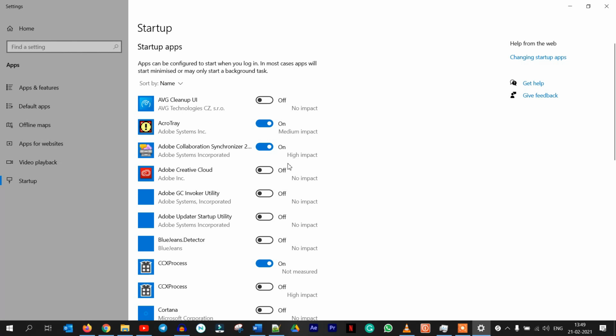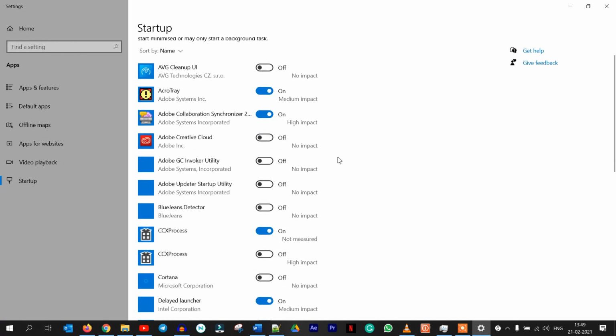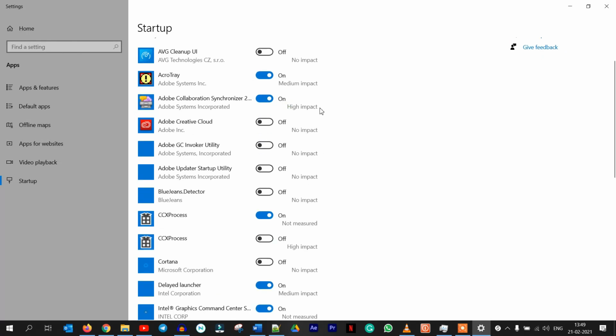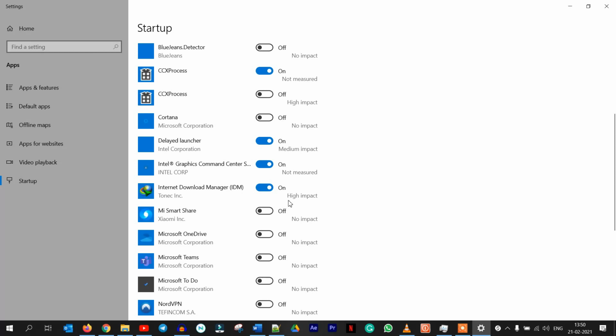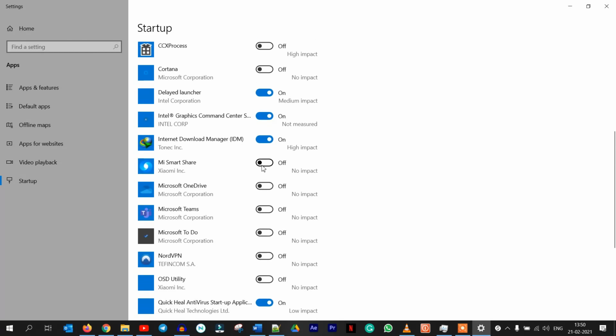Let's click on this, and this opens up settings where you can review all apps that start running when your computer starts. Here too you can see the impact that each has on startup. High impact is going to make your boot up a little bit slower. Low impact will probably make a negligible difference. Here you can turn off and on those apps, which will help you run your system smoother.